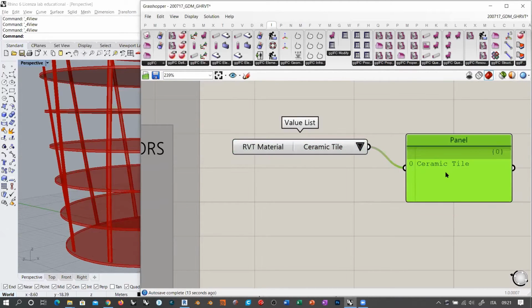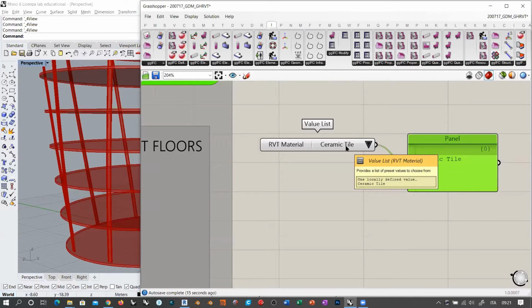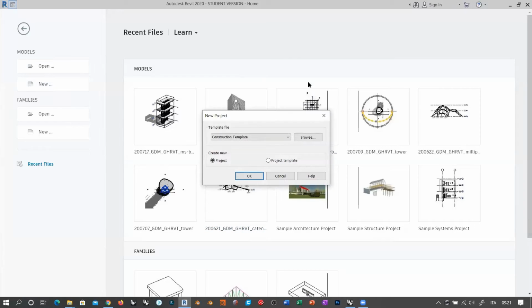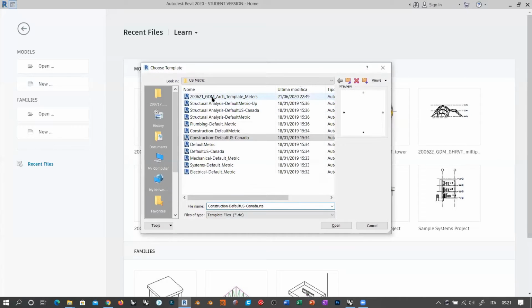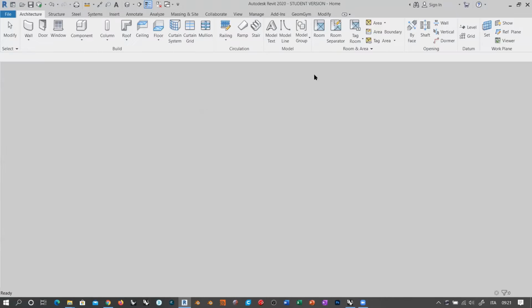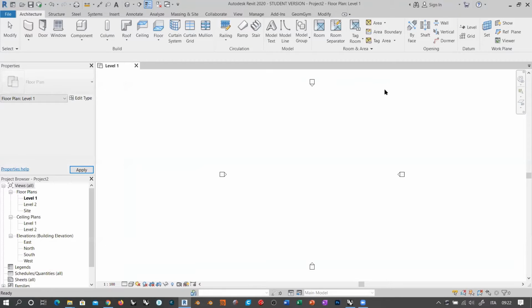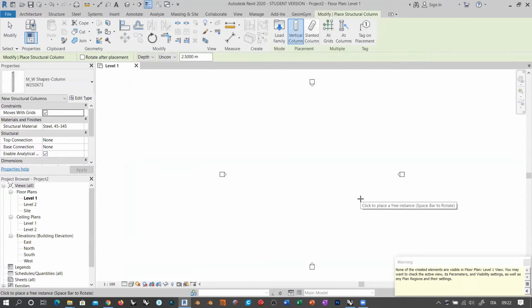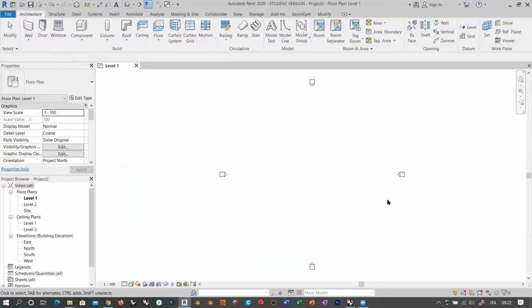So in this case, you can create a comprehensive list of the Revit material. Remember that if you want this process to be efficient somehow, let me grab the architectural template that I created. And here inside, when you create, well, basically whatever. Okay, so, oh, this is a structural column. That's why it's a Revit